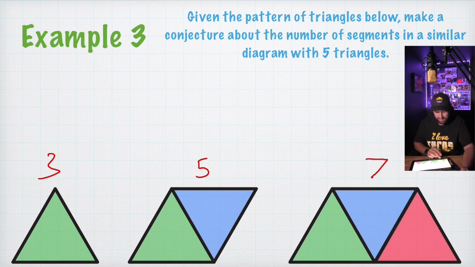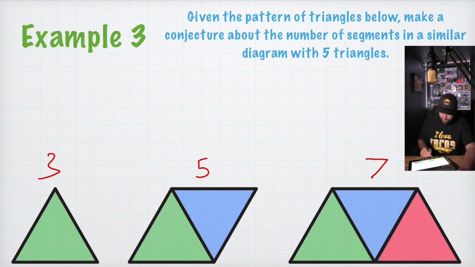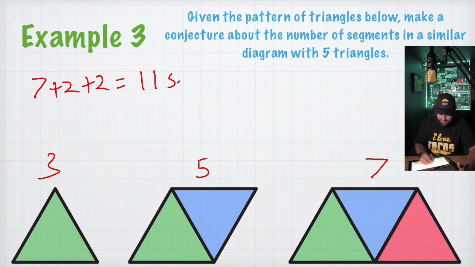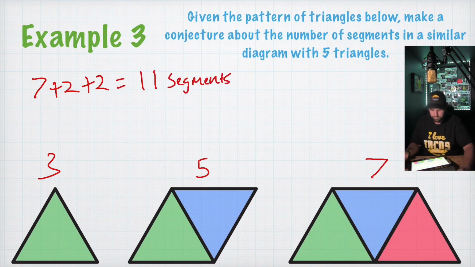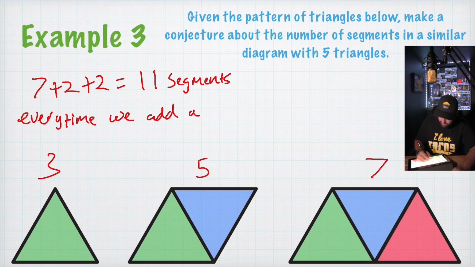If you look, each time you add a triangle, you're adding 2 more segments. So if we want to know how many segments are in a similar diagram with 5 triangles, it would be 7, which is the 3 triangles, plus 2 for the 4th triangle, plus 2 for the 5th triangle. So it's going to have a total of 11 segments. So the conjecture could be every time we add a triangle, we add 2 additional